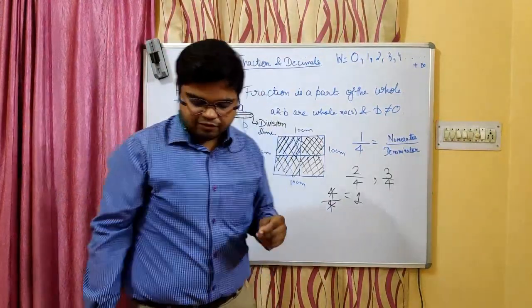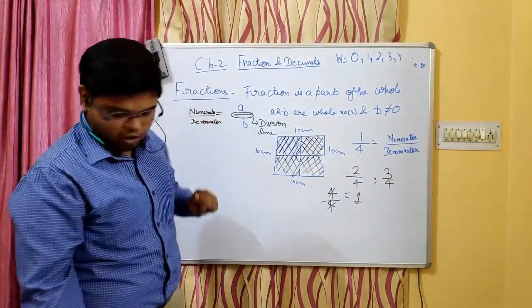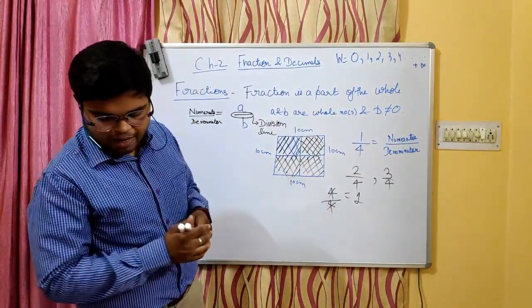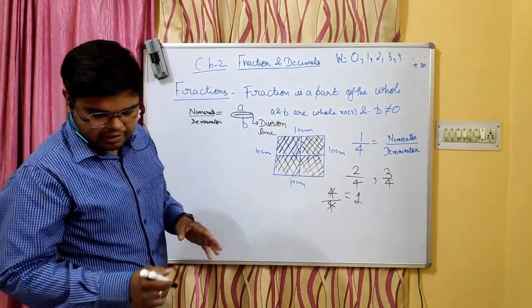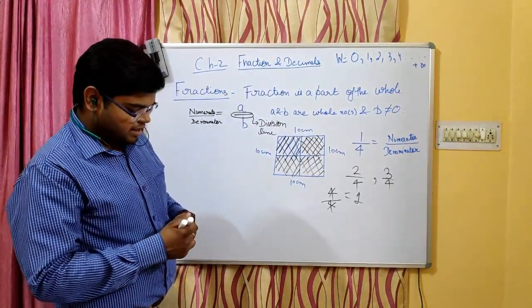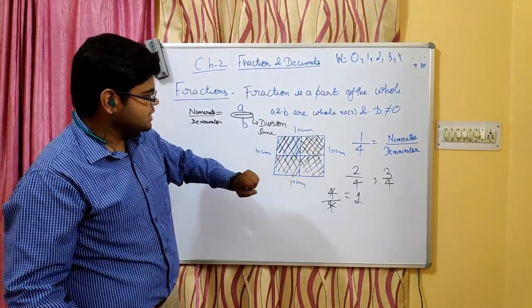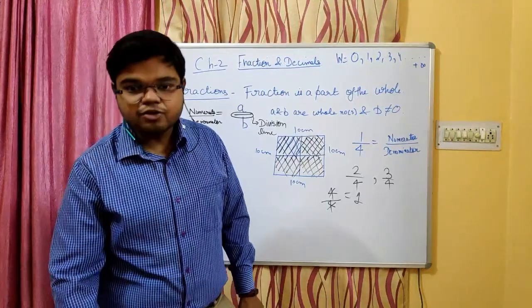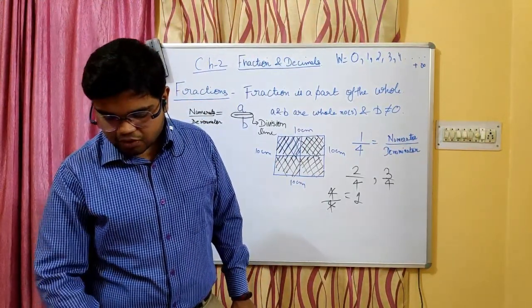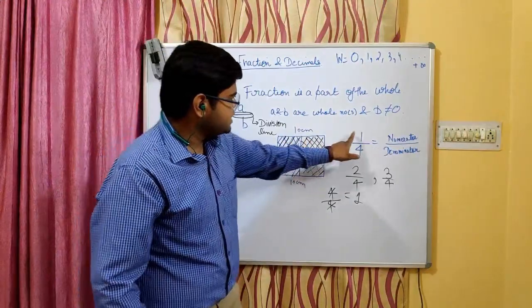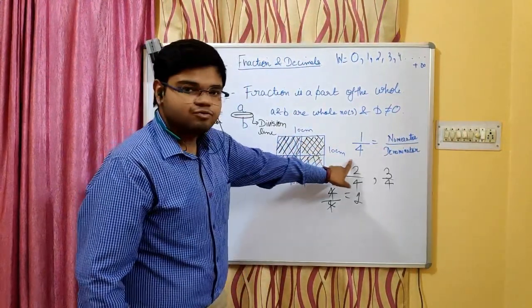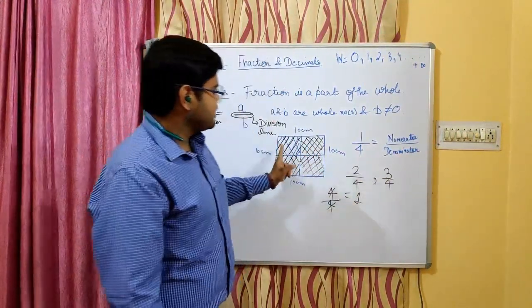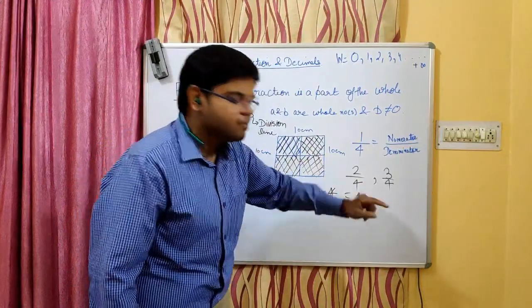So a fraction is numerator upon denominator, or it can also be called the number of parts to be taken upon the number of parts into which the whole is divided. From this square we can understand this. In your textbook on page number 22, fraction equals numerator upon denominator equals number of parts to be taken upon total number of parts. We took one part here, and the total number of parts is 4. If we take two parts, 2 upon 4, 3 upon 4, and if we take all four parts, then we simplify it and it will become 1 again.